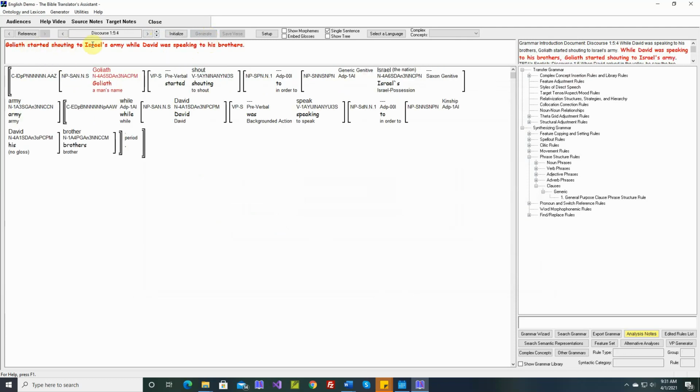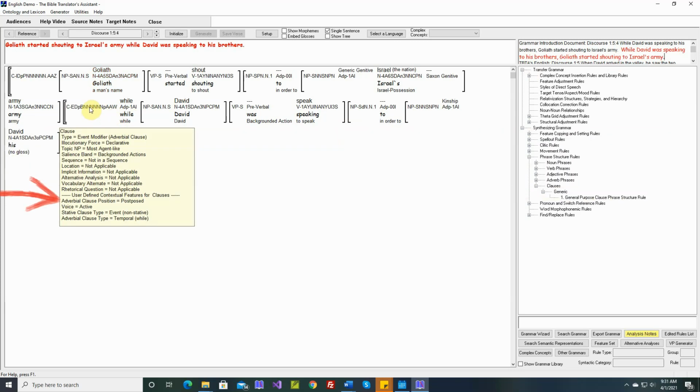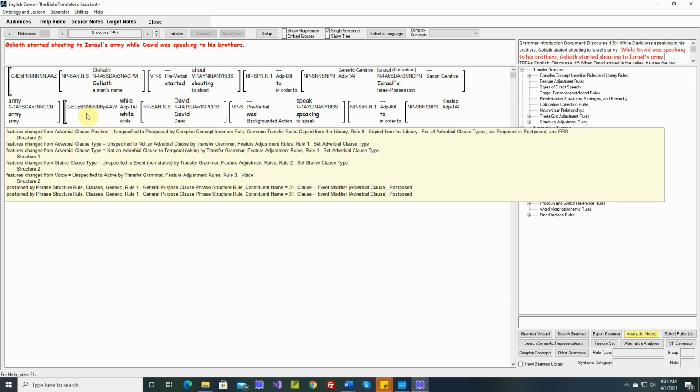Goliath started shouting to Israel's army while David was speaking to his brothers. While David was speaking to his brothers, Goliath started shouting to Israel's army. So here the MTT preposed the while clause. Here it says adverbial clause position is postposed.